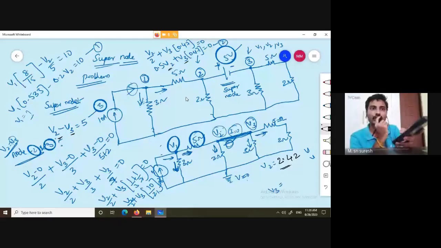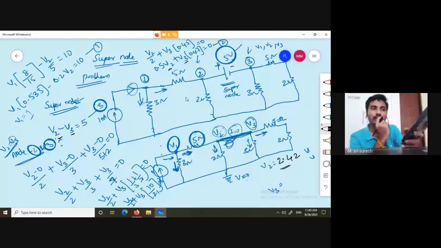Third equation: V2 minus V3 is equal to 5. What is the V2 coefficient? Instead of A2, you have to press the V2 coefficient. V2 coefficient is 1. So press 1, then equal to. Okay, what is the V3 coefficient? V3 coefficient is minus 1. So in the place of V3, you need to press minus 1, then equal to. What is C2? On the right side, we have coefficient 5. So in the place of C2, you need to put 5 and then equal to.